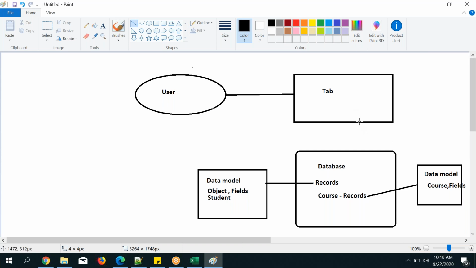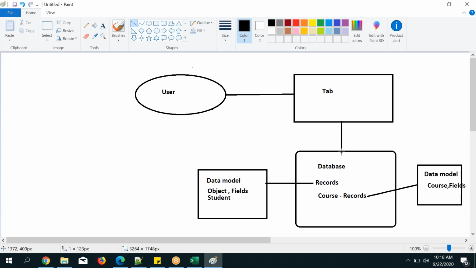Admin people, how can they create records? Tell me. Can we go directly to the database? No, it is not possible. It is not possible for you to go to the database and create the records. This database is not visible to you guys. Remember that point. But how are you doing it? You need to create a tab.